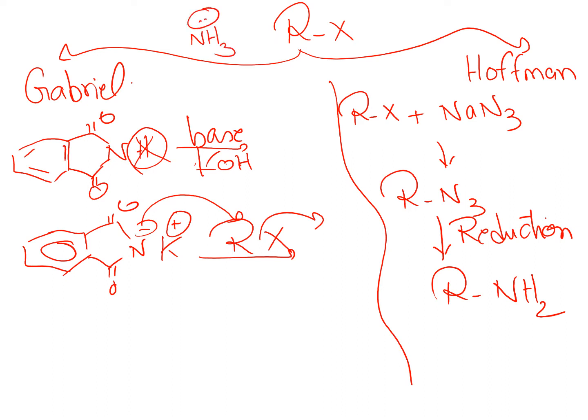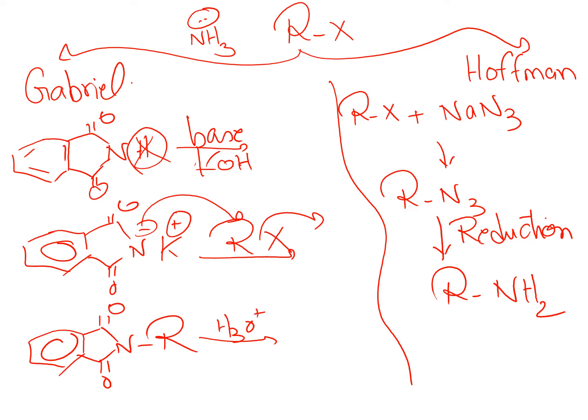Now we're actually using a full negative charge in the case of phthalimide, which is a stronger nucleophile. So the reaction will proceed more favorably. And then once the alkyl group is attached to the N of the phthalimide, we can hydrolyze this compound and we will end up with the phthalic acid